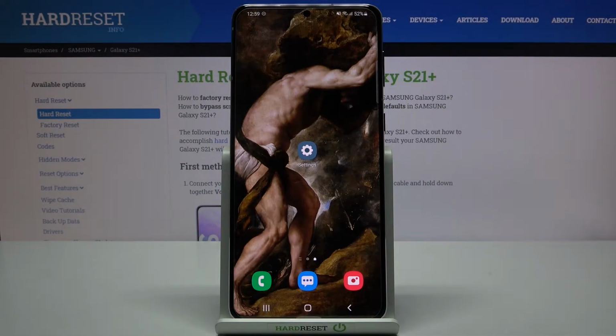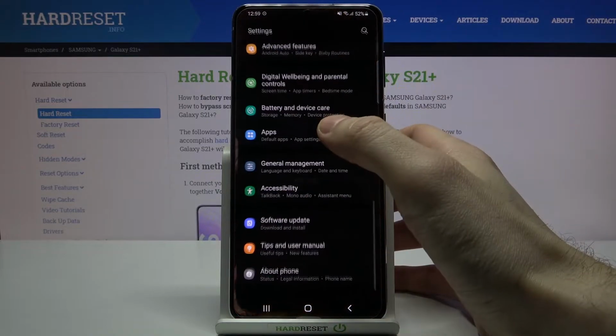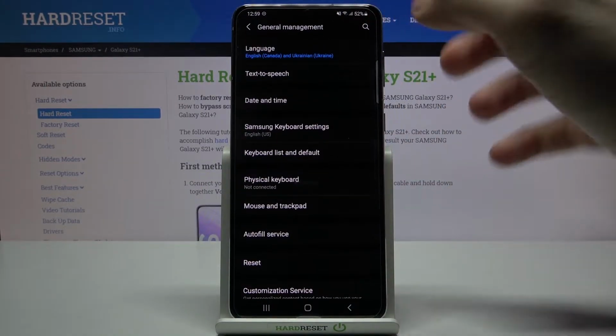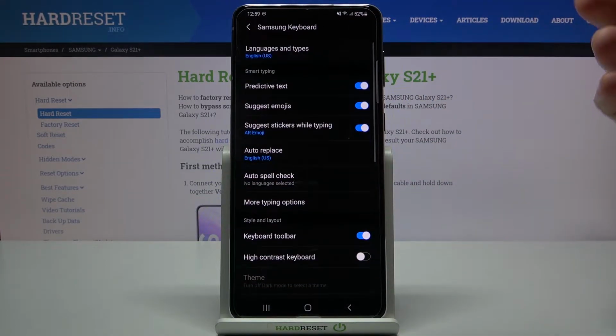Here I have Samsung Galaxy S21 Plus, and today I'm going to show you how to change keyboard language on this device. So first of all, you will have to open settings, then enter general management section, then go to the Samsung